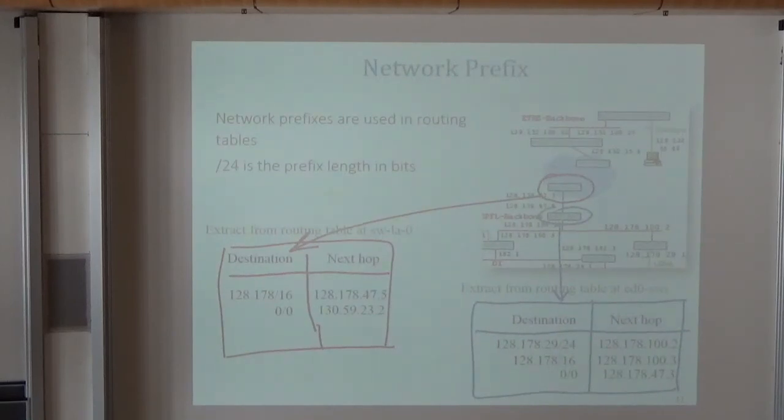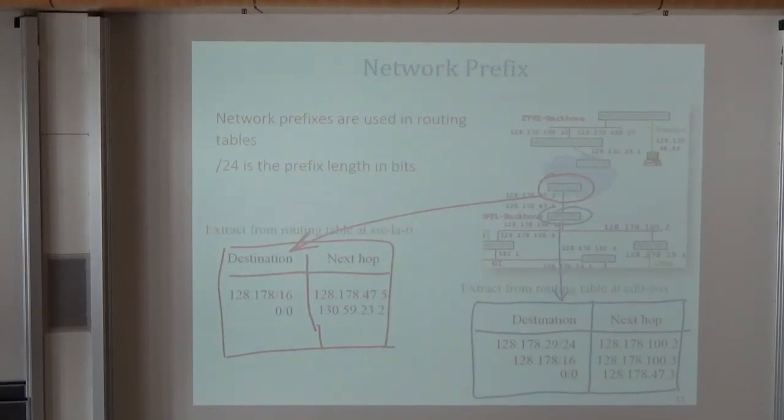Network prefixes are used in routing tables. In the simplified figure I showed 10 minutes ago, I had things like A.B.*. This is not how we see things when we will play in the lab. We will see things like the prefix is 128.178/16. The slash means the first 16 bits of whatever is before. So here is, for example, the routing table at the node that is circled in red. It has two entries,